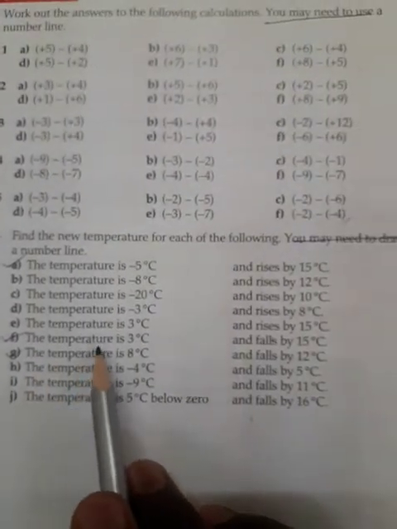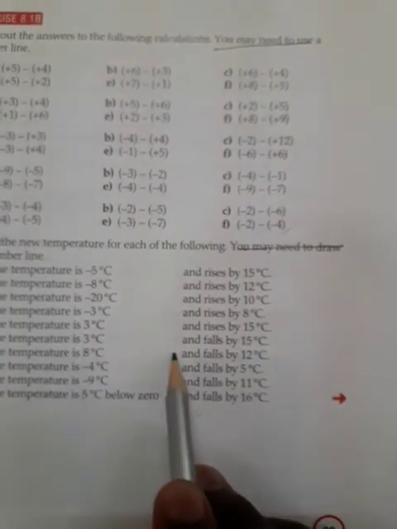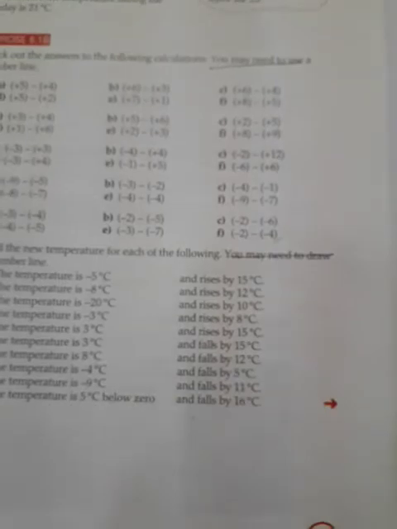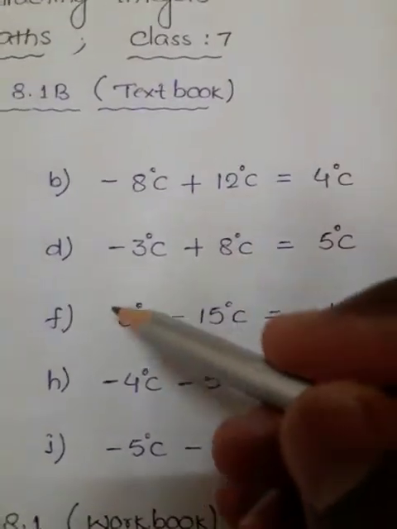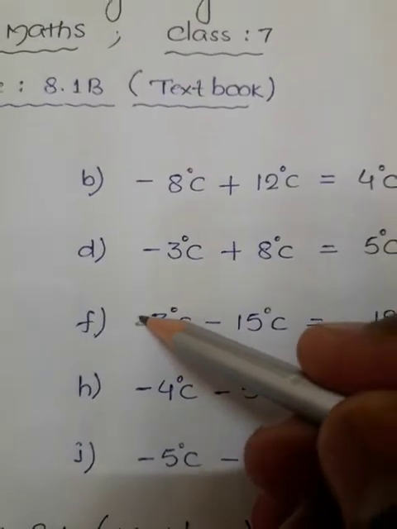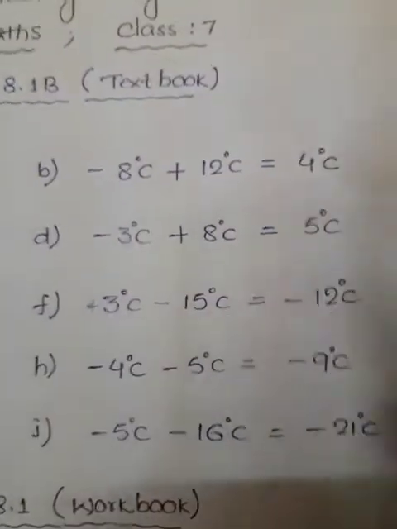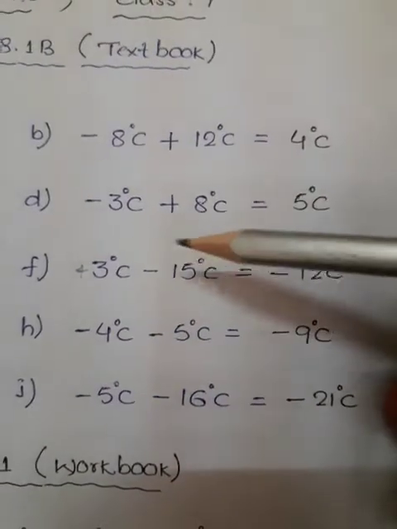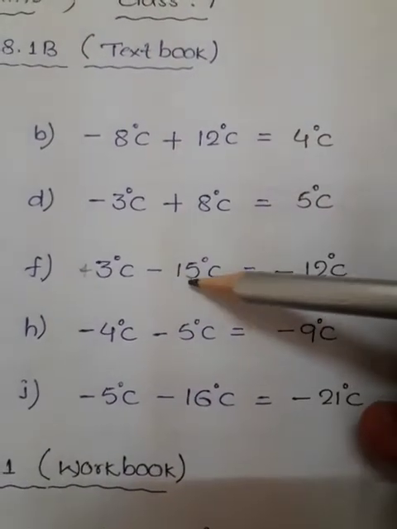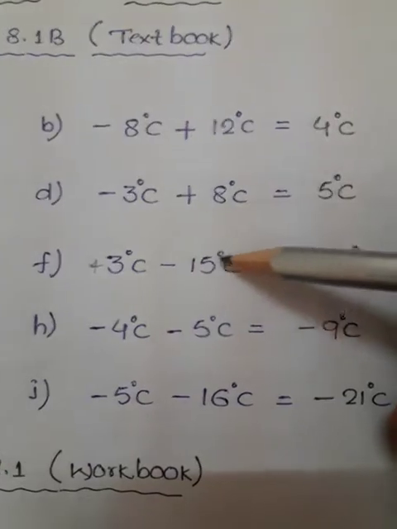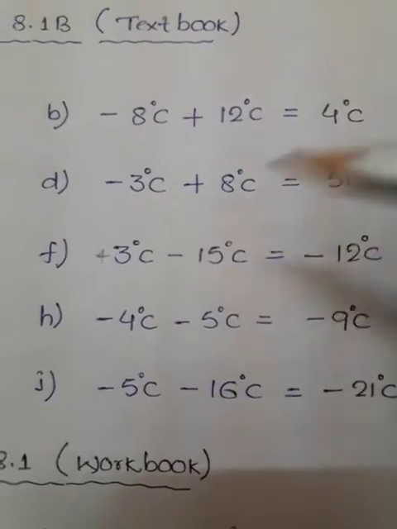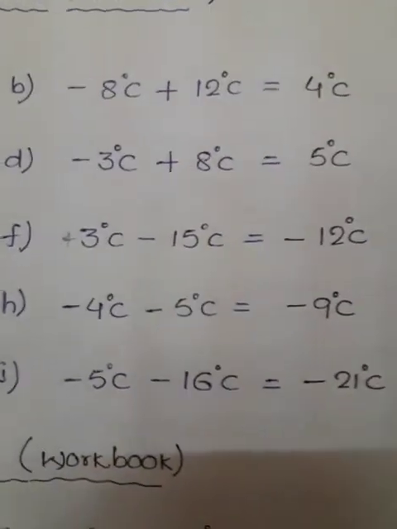What is that? The temperature is 3 degrees Celsius and falls down by 15. Falls down means it decreases. So decrease means what? Minus symbol. So again, before 3 nothing means what? If you want, you can write the plus symbol here, right or no? Before 3 nothing means plus, and here is the minus. So different symbols, we should subtract. So 15 minus 3 equals 12, and after the subtraction you have to check which is the big number: 15. Before 15 the minus symbol is there, so minus 12 degrees.